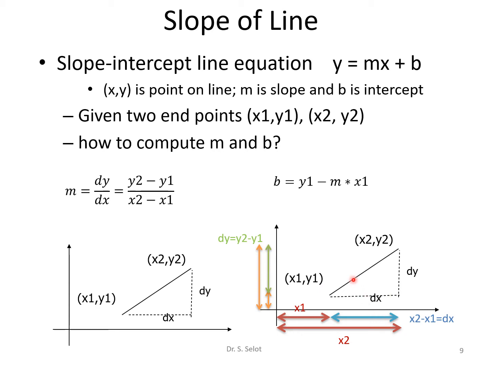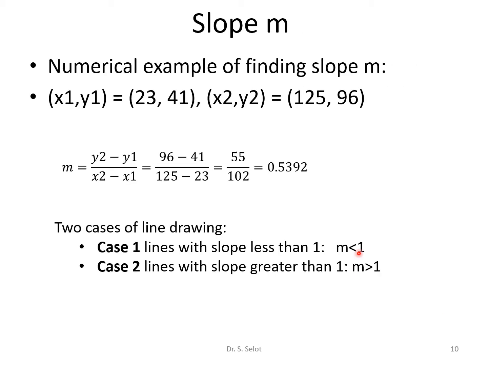The ratio dy by dx of any 2 points on the line will give the same constant value m. If we take the two endpoints, we'll get the same slope. If I take any 2 points on the line and try to find dy by dx, we'll get the same constant m. So m remains the same for any 2 points on the line. This example shows that given x1, y1 as 2,3 and x2, y2 as 12,5, we can find the value of m, which turns out to be 0.5. Now, with respect to the slope, we can define that there are two types of lines.